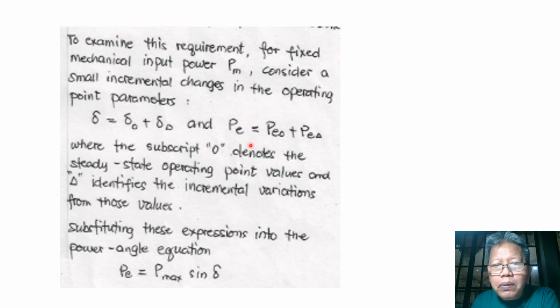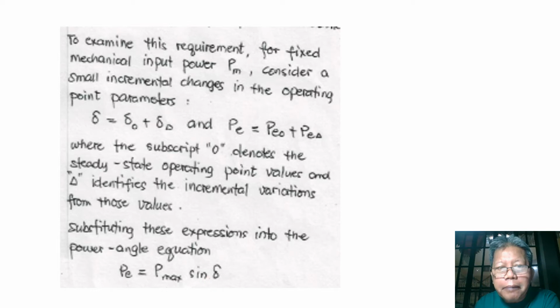And the electrical power also changes from the initial operating electrical power PEO, because of this additional small change in electrical power. Now, the subscript O denotes the steady state operating point values, and delta identifies the incremental variations from those values. Now, substituting those expressions into the power angle equation, PE equal to P max sine delta,